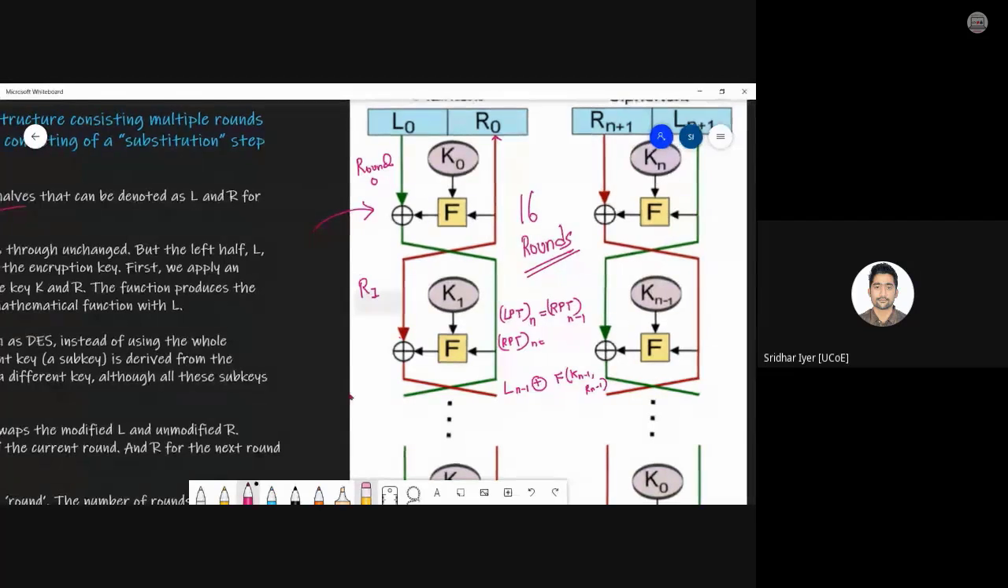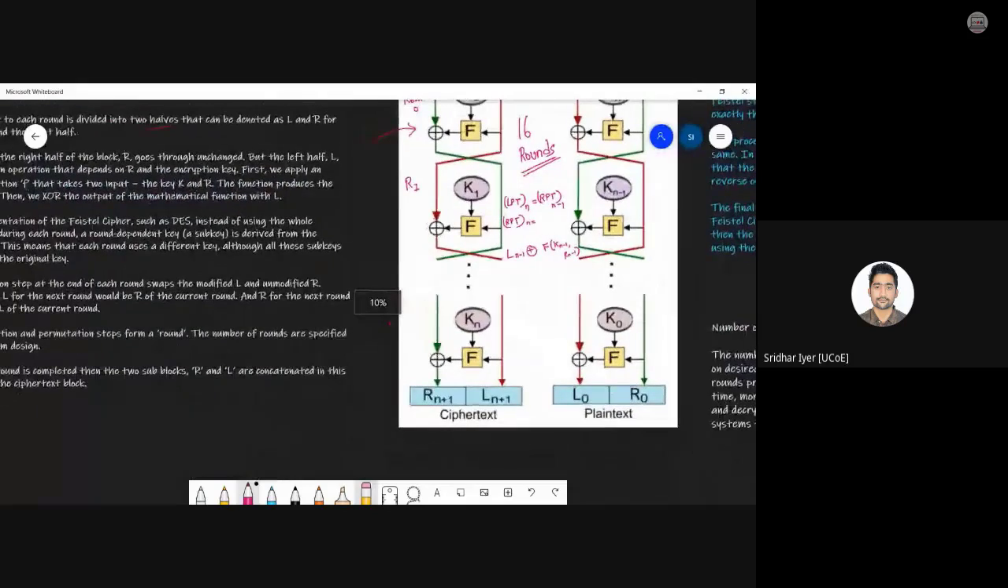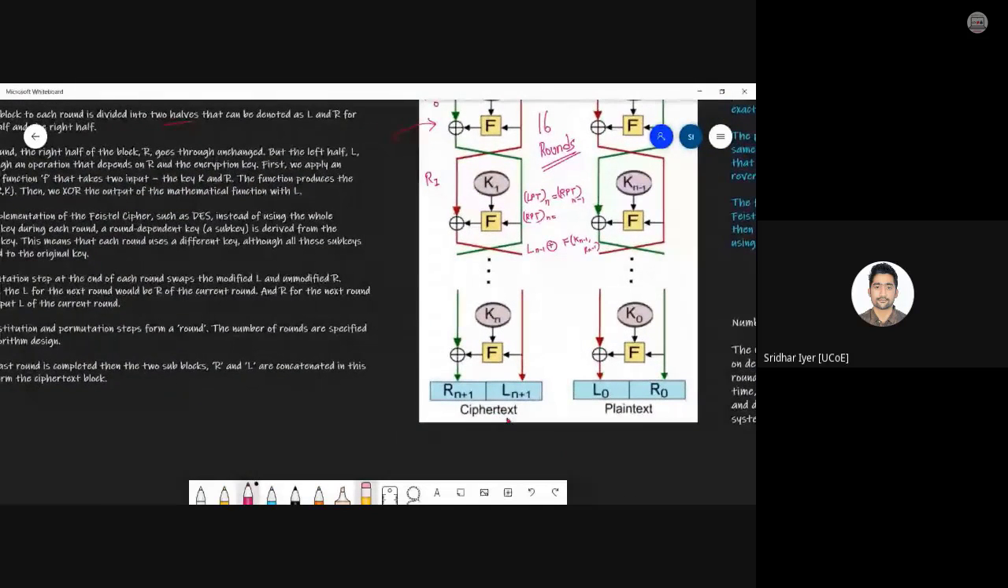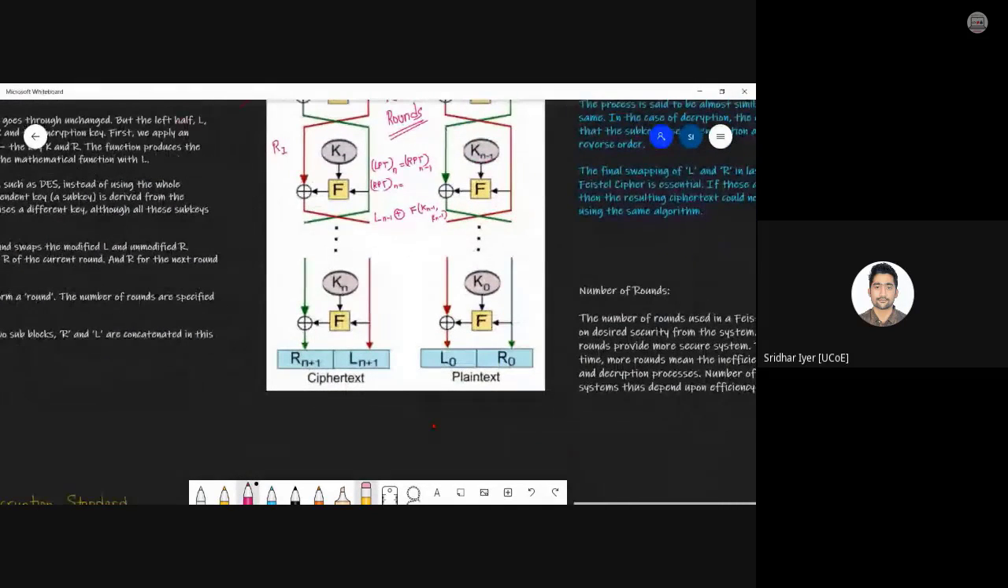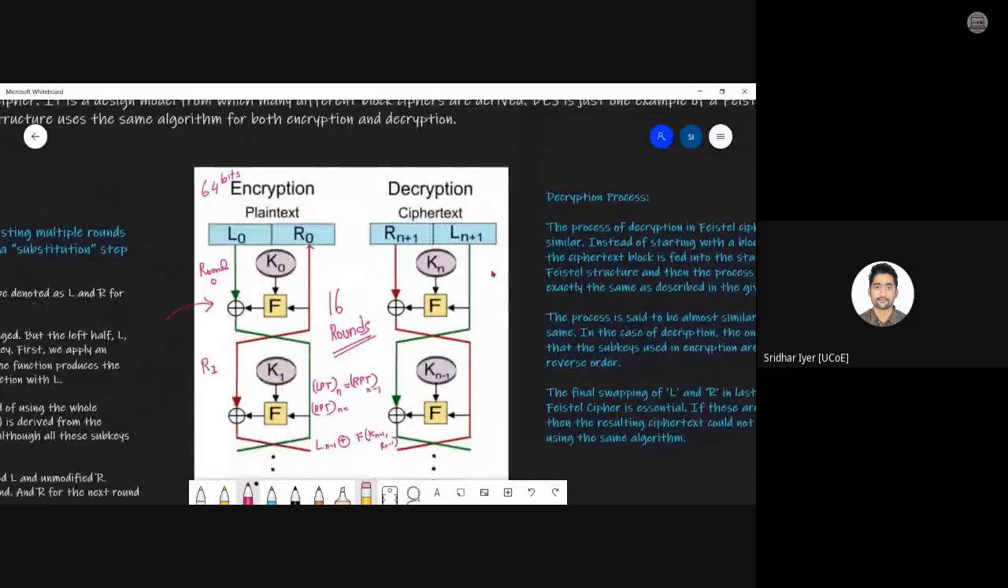So this entire process will keep on continuing till the 16th round, and after the end of the 16 rounds, you will get the ciphertext. Now the entire process in the reverse order will give you the plain text back. As you can see, the diagram is exactly similar. The only thing is, in the case of decryption, the ciphertext will be the first input. It will be divided into right plain text and left plain text, and the entire process will keep on continuing in